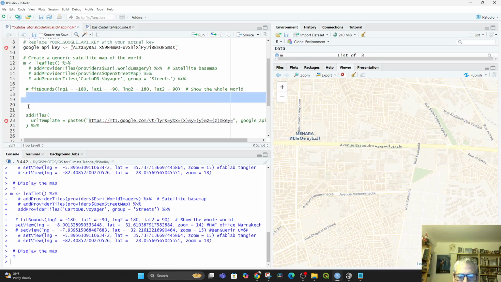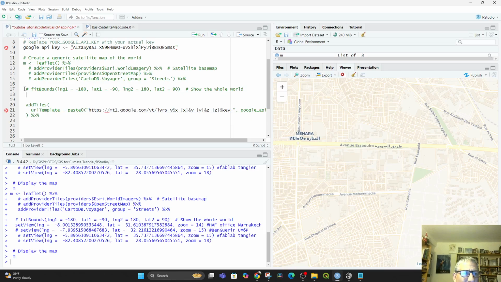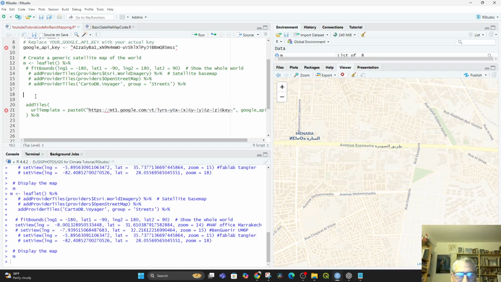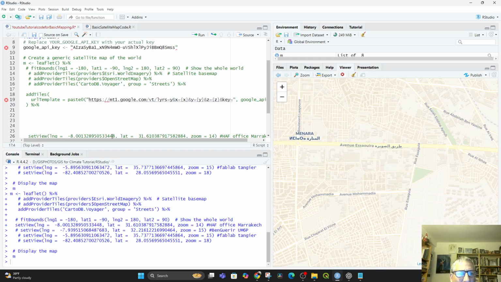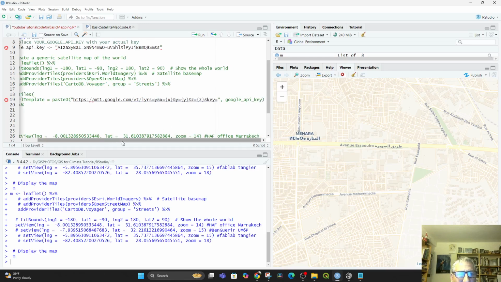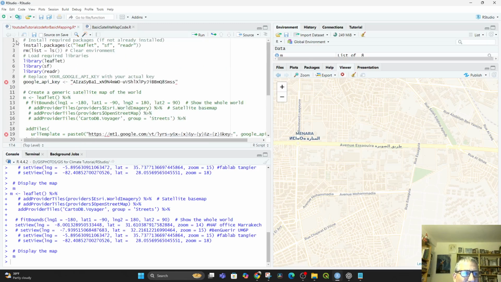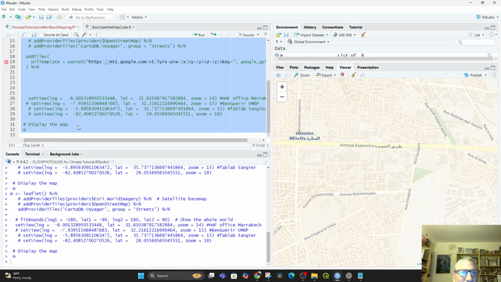Let me get rid of this empty space here. And also let me move this bounds thing, the whole world. I want to keep that on top because that's where it came in. All right, then I have the ad provider for the open source material, and then I have add tiles that calls my Google API key there. All right, so having that, if I now rerun the whole code,